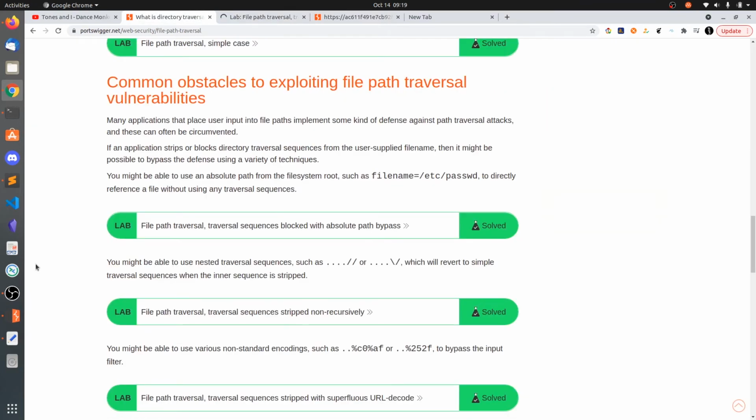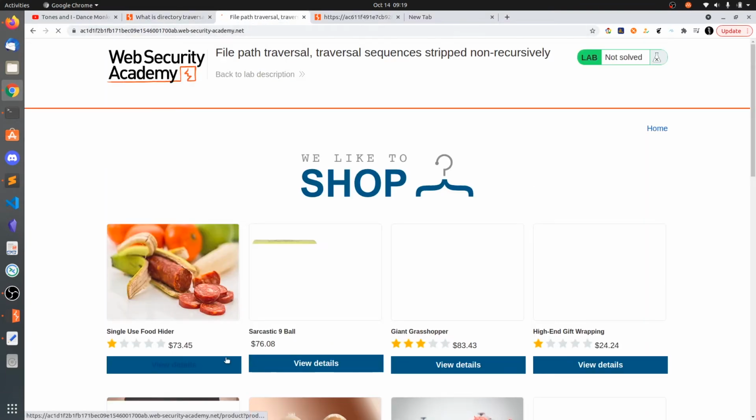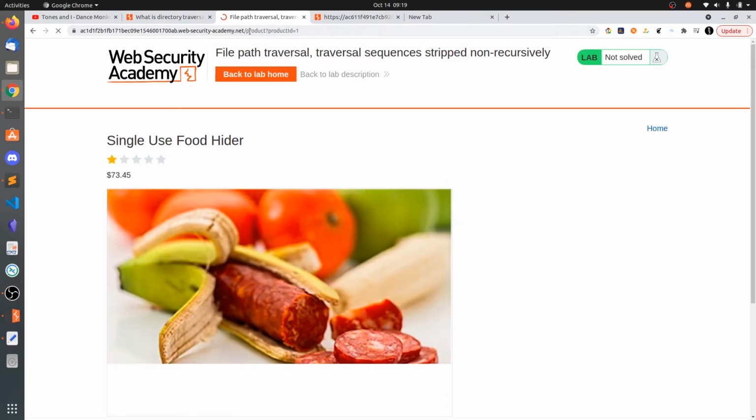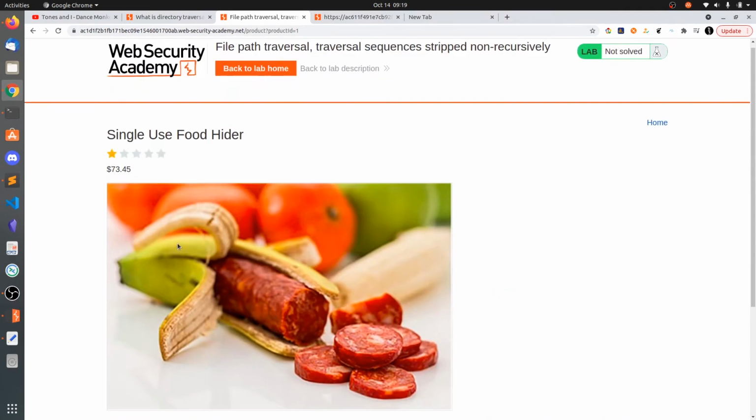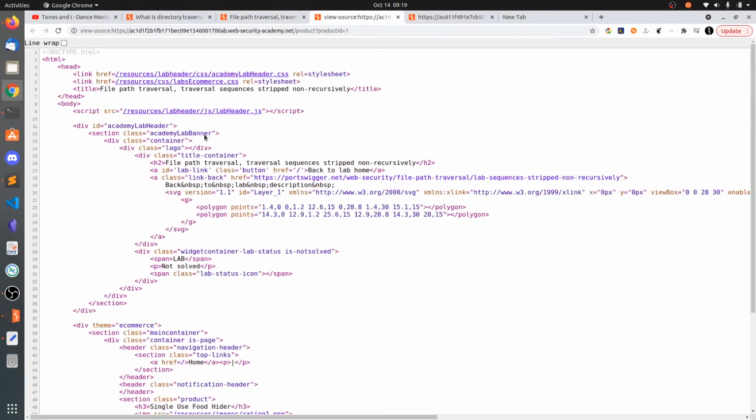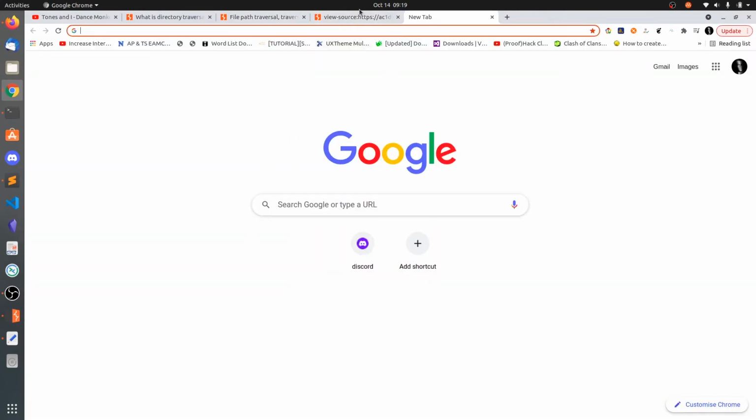So I highly suggest you get the source code of the page. In our case, we can't get any source code because it's not using any of the language PHP. Press Ctrl U again.